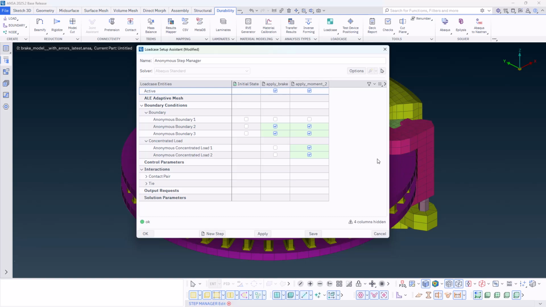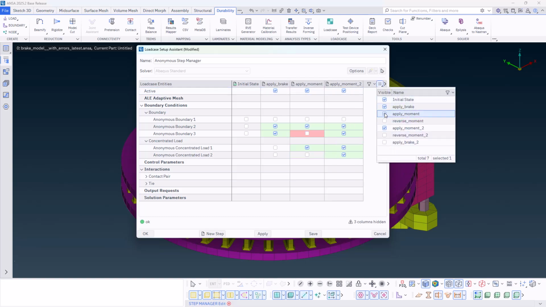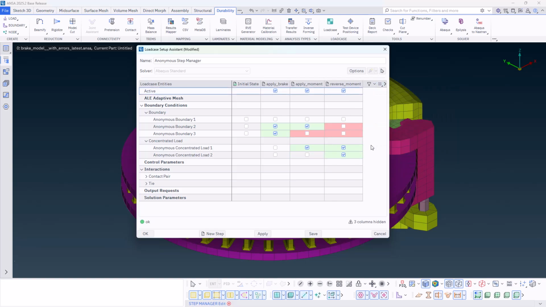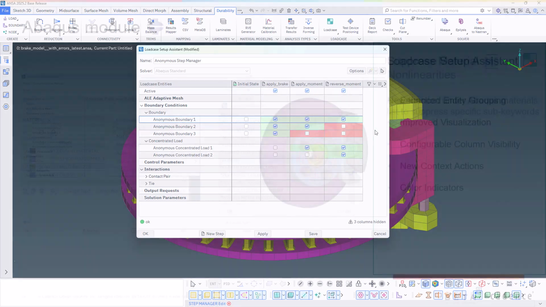Through the Show Hide button you can make visible any step or hide it. By pressing right-click on an entity's checkbox, there are options to activate and propagate. In order to activate this entity for the rest of the steps, Activate All. In order to deactivate it in every step, Deactivate and Propagate, and Deactivate All. By pressing Activate and Propagate on the first step, this entity is activated in every step except the initial state. Finally, as we can see, green or red colors indicate whether an entity is applied or not in each step.